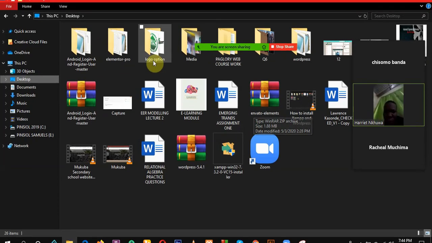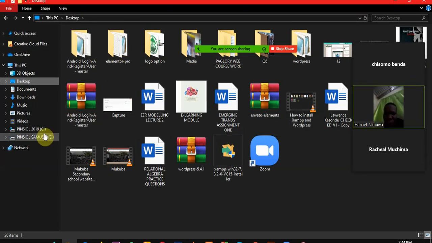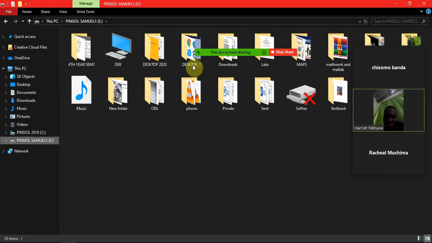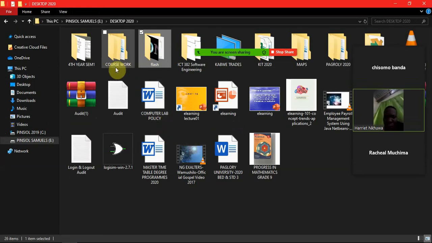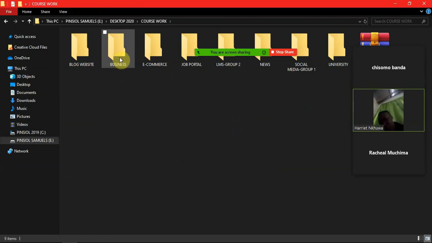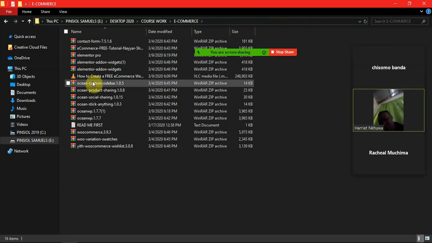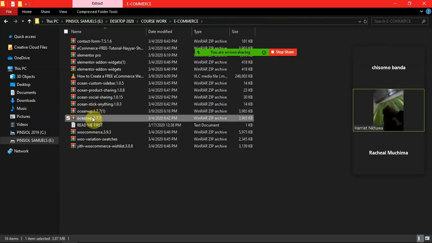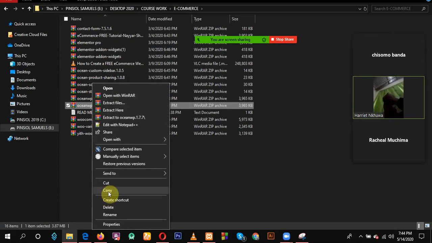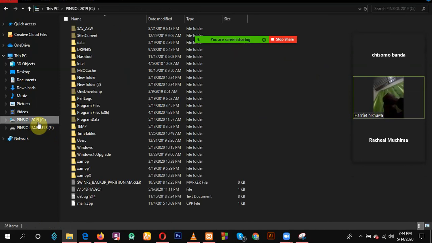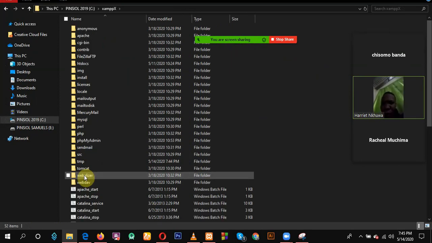Where can I find the theme here? Let's click on this. Okay, so the manual way of installing a theme is you go to your local disk C. We're just remaining 10 minutes. This will be done. So you go to your local disk C, then go inside the folder XAMPP,